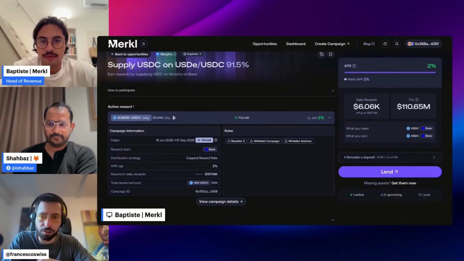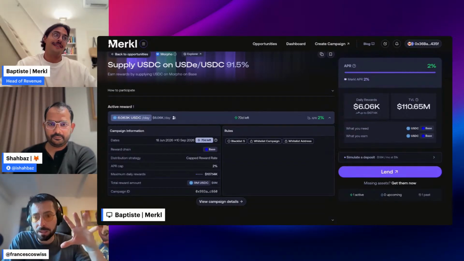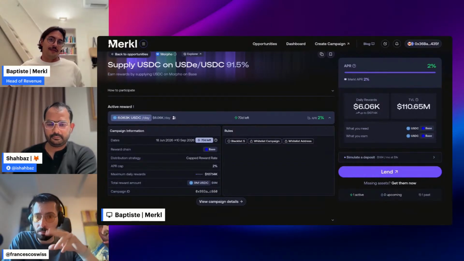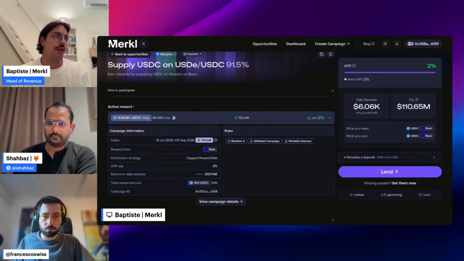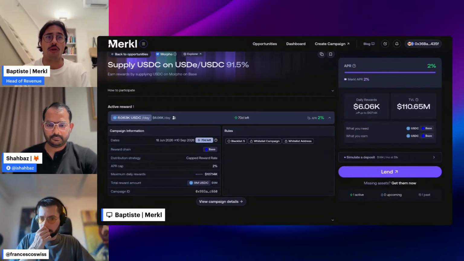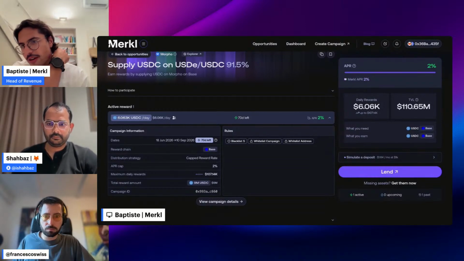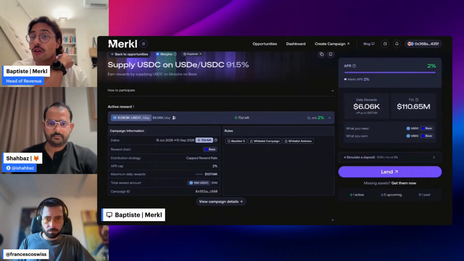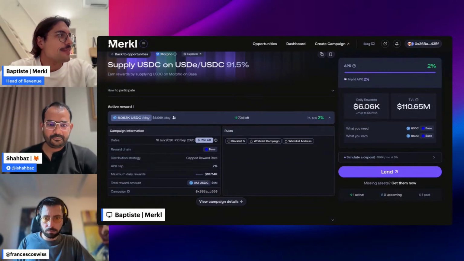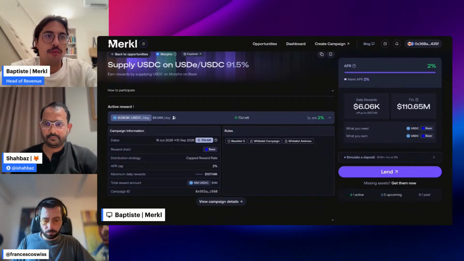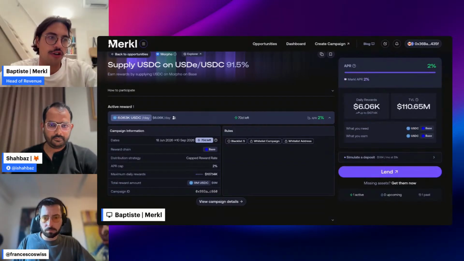So what are the features you're working on next, or what are the main volumes that you see in which type of features today? All right, so today we have, I think, 2 things we're working on. First one is chain expansion. We deployed Stellar a month ago. We're working on Solana right now. And we're going to use, of course, the MetaMask Solana provider as well, which we actually already have in the code base. We did everything in one go, so we're ready for this. Solana expansion, maybe some of the Move chains, looking at Canton as well. But right now, the main focus is these large non-EVM chains.